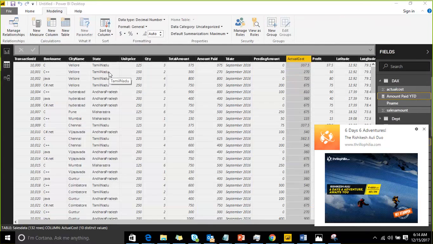I want to create roles based on the city, so that whenever my salesperson logs in from Guntur, they see only Guntur-related sales. A person from Vellore joins, they see only Vellore sales. They should not see other sales information. If that is the requirement, you need to create roles based on city. I am clicking on Manage roles.